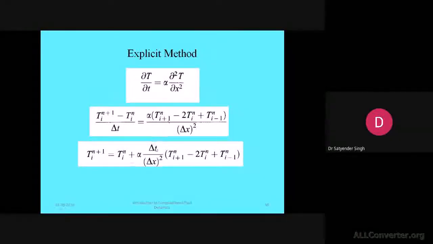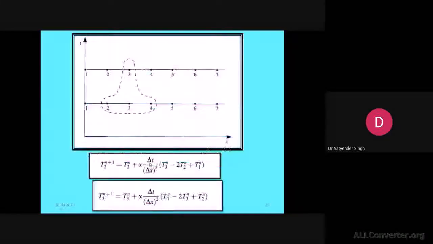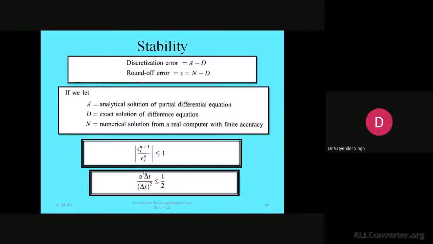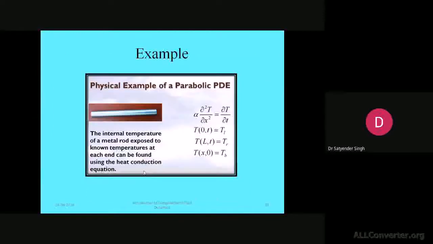Okay. So this particular combination, alpha delta t by delta x square, which is taking the time step as well as the increment in the x direction, must be less than 0.5 to give you the proper solution. While you are doing any transient simulation on commercial products, you must understand what the time step should be in your problem, and what the size of the grid should be. So this combination finally should be less than or equal to 0.5.